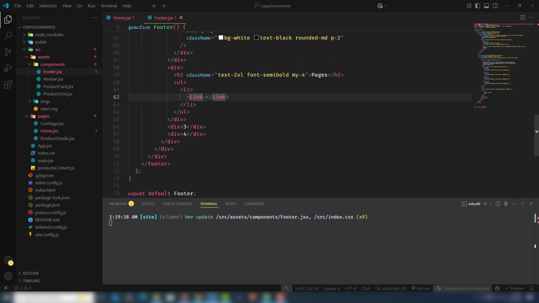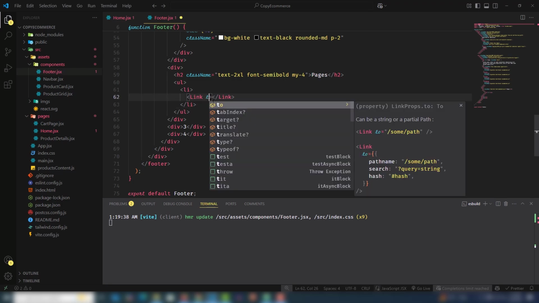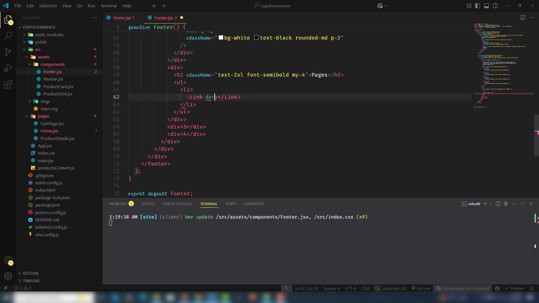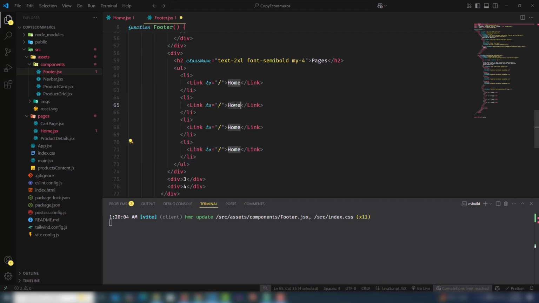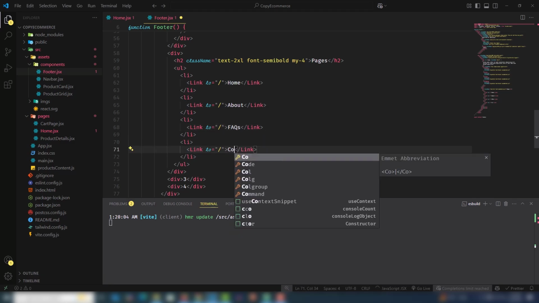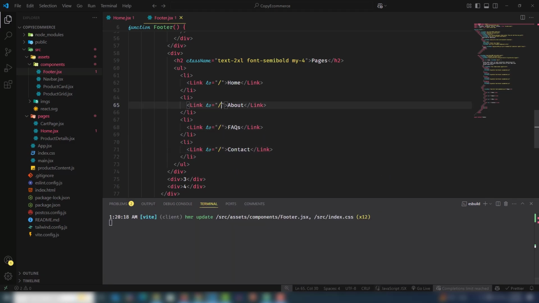You can assign the path if you want to create pages. I'm going to have a page like this one. So this is a home page. When the user clicks on this one, it will move. I need to make more than 4 pages, like About, FAQs, and the last one is Contact. If you have other pages after this one, just use the page name like